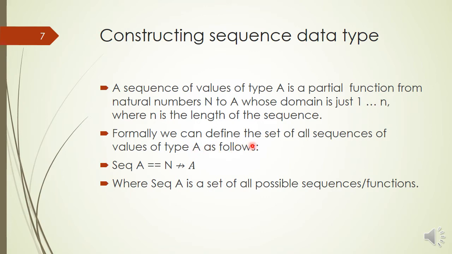Students, I want to ask a question. If a set A has three elements, for example elements A, B, and C, then how many sequences, or how many partial functions, are possible from the elements of set A, which contains only three elements? The answer to this question is that infinitely many sequences are possible from three elements.